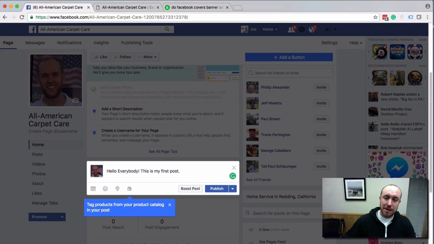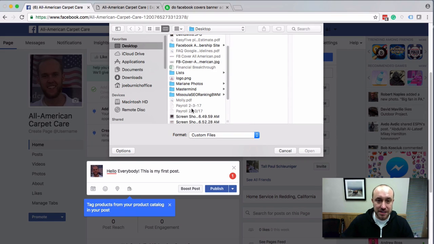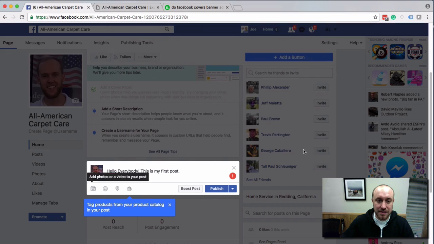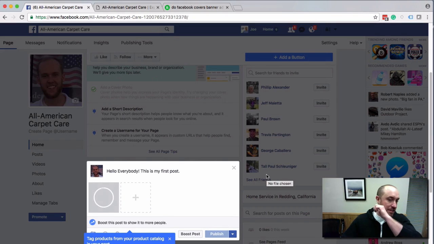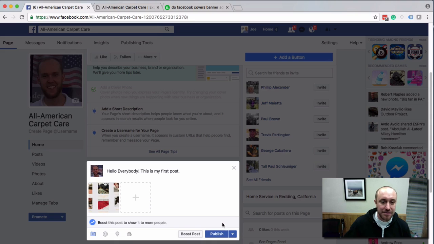Maybe I want to add a picture. I'm not actually going to do this as an official post. I'm just doing this as an example, so it'll be a little screenshot of all of Alex's services there. If I wanted to, though, I could go over here and I could boost this post. See this button that says Boost Post? Now, when you click on that,